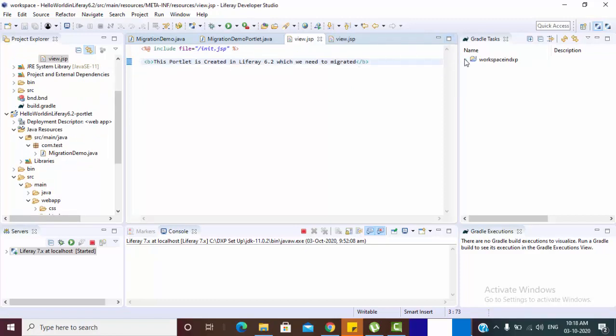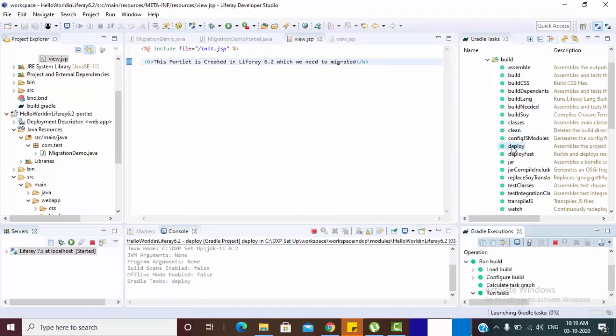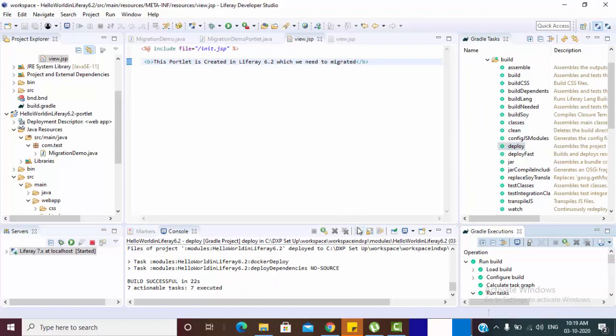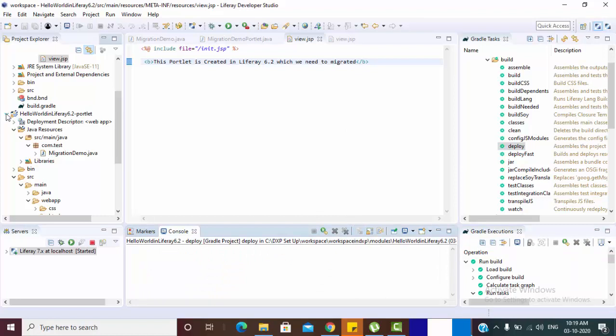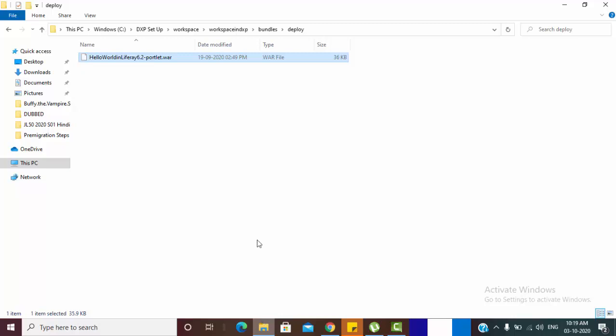Now let's try to deploy this. So this is built successfully. Let me open the folder. Now we have the jar. Now open the deploy folder.